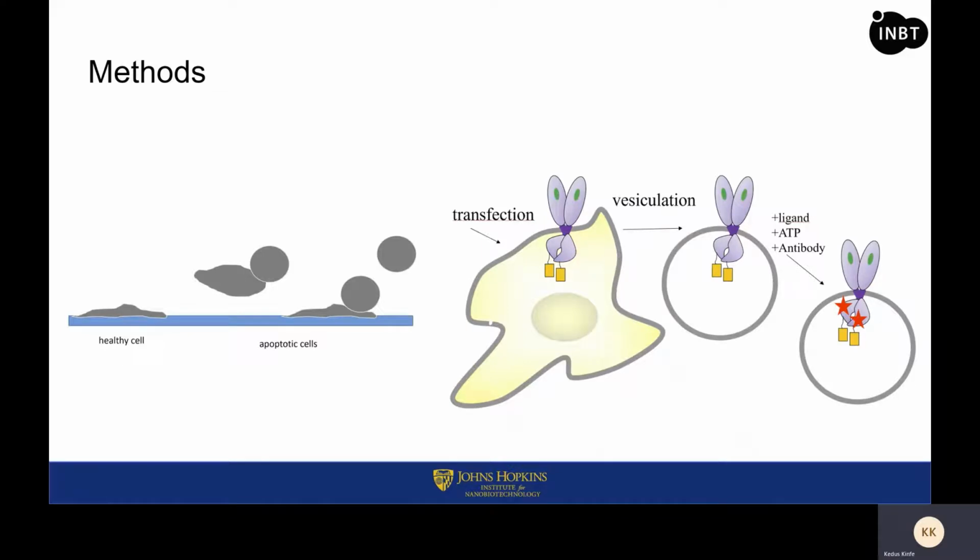The vesiculation process, in short, puts the cell just under the right amount of osmotic stress, forcing it to create vesicles as it undergoes apoptosis, as shown by the image here on the left. From there, we add ligand, ATP, and specific antibodies. The ATP is necessary as a phosphate group is used to phosphorylate the tyrosine kinase domain. The ligand, as discussed before, introduces this phosphorylation, and then we want to measure how much ligand it would actually take for 50% phosphorylation. Therefore, the concentration is the independent variable, as we're going to continually change that between our